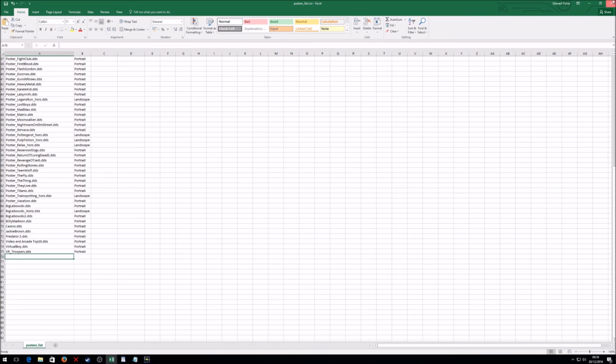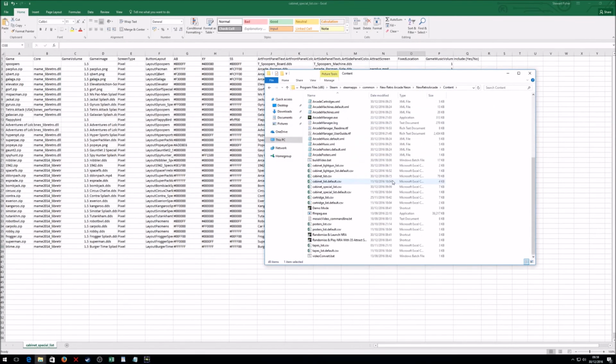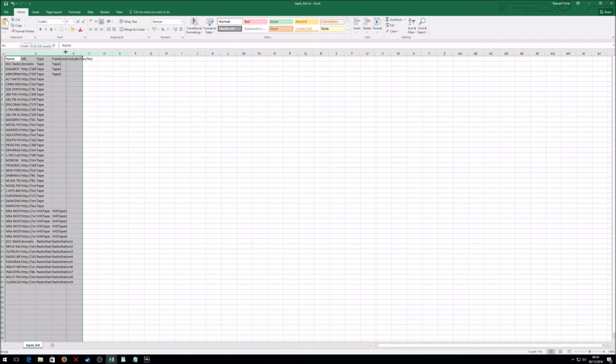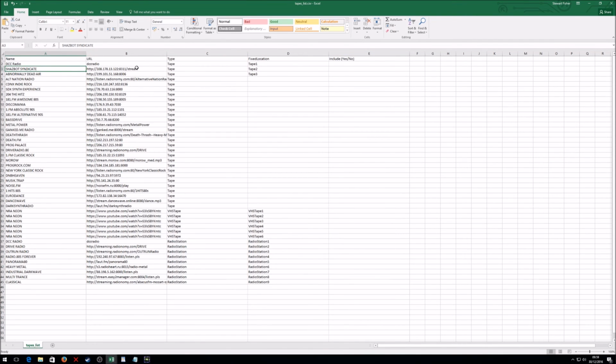Okay, close out of that posters. And the last one, just to have a quick look at, is the tapes. Again, very similar. You've got the fixed location for them. Most of these I've just defaulted to being fixed because it just makes it easier. It means it'll play the same tune as you walk in and out of the arcade. But I would suggest, if you want to customize that, you can take them off. These are just internet radio stations,